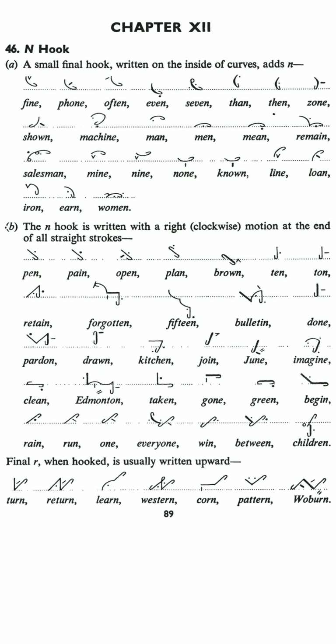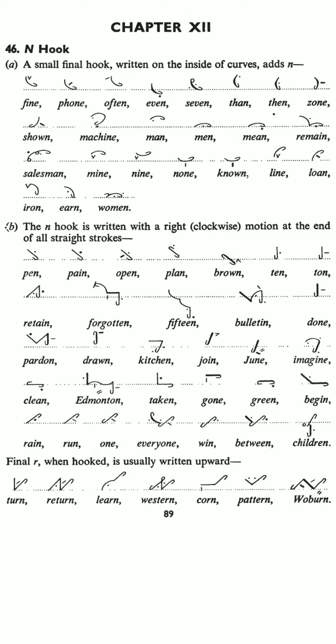हेलो स्टूडेंट्स, आज हम करेंगे चैप्टर नंबर 12, एन हुक एंड एफ हुक। डबल कॉन्सोनेंट्स में हमने दो हुक्स पढ़े थे, आर एंड एल, जो कि स्ट्रोक के स्टार्टिंग में यूज होते हैं, माने इनिशियल यूज होते हैं। और एन हुक एंड एफ हुक जो है वो स्ट्रोक के फाइनल, एट द एंड ऑफ द स्ट्रोक यूज होते हैं। तो ये कैसे यूज होते हैं, इस चैप्टर में हम पढ़ेंगे। लेट्स स्टार्ट विद एन हुक।